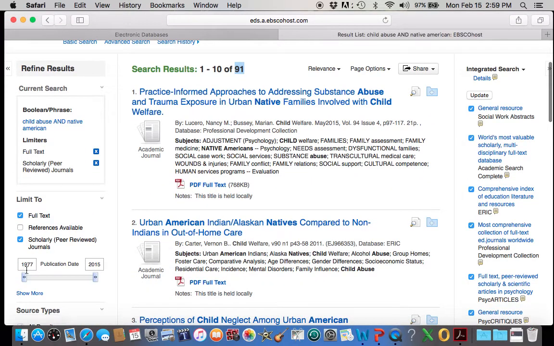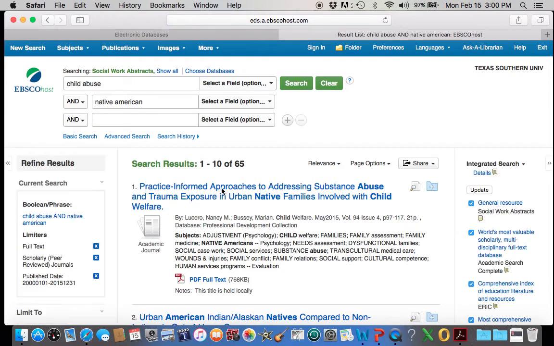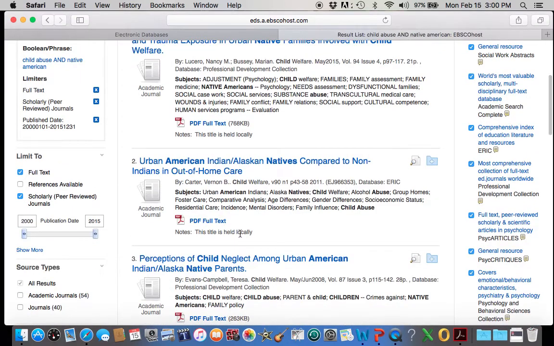And then you also want to be careful that you're not pulling articles that are really, really old because that information is outdated. Typically, we say any articles that are no more than 10 to 15 years old are considered current to some extent. So since it's 2016, let's search for any articles that have been published in the last 15 years on child abuse in Native Americans. Now we have 65 hits. So by doing this, you save yourself some time